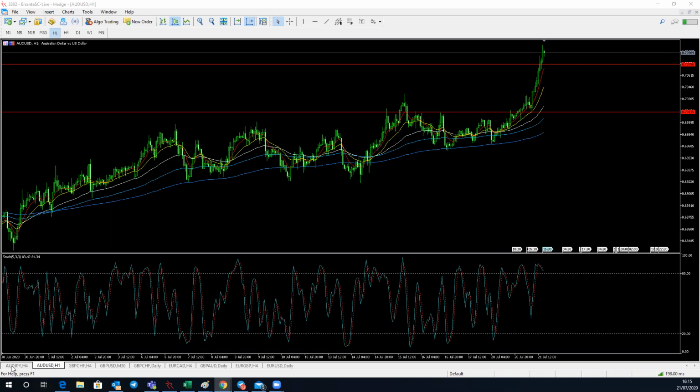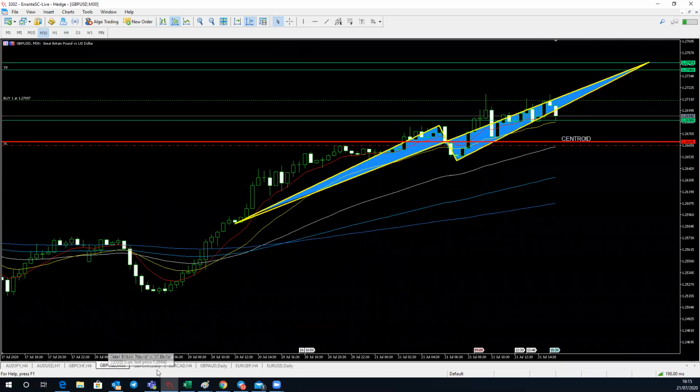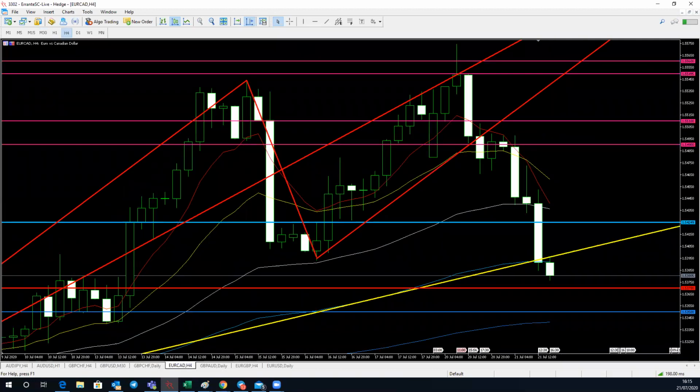Let's see what's going on with the rest of the pairs. Okay, the AUDJPY has played really nicely, actually. We just want to be sure of the current trend at this moment of time. So current trend,